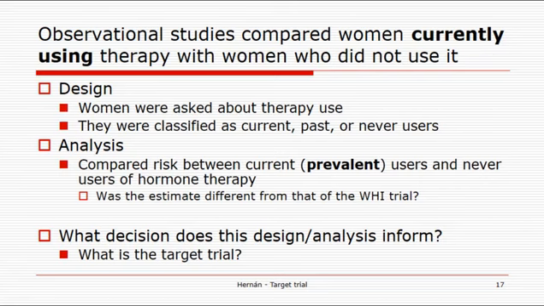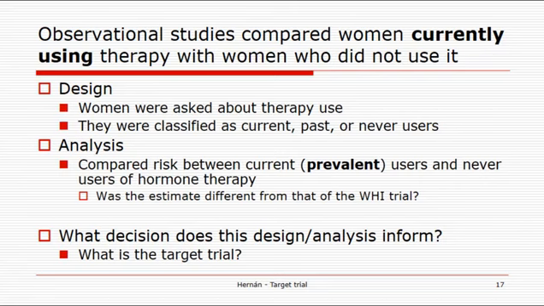Now, women who were using hormone therapy were women who had been using it for some time. For 1 year, for 5 years. So they were the least susceptible. They had been using hormone therapy for some time, and they had not developed heart disease. Because if they had, they were not included. So the observational studies were not comparing incident users versus non-users. They were comparing prevalent users, current users, versus non-users. And they found a hazard ratio of 0.7,